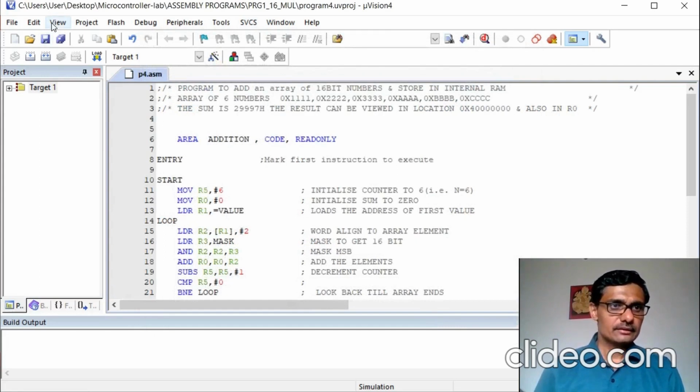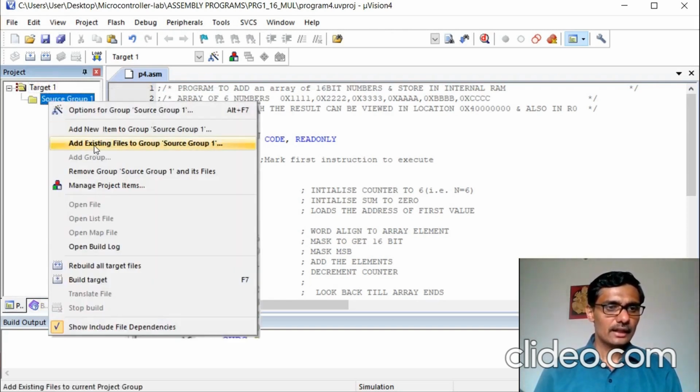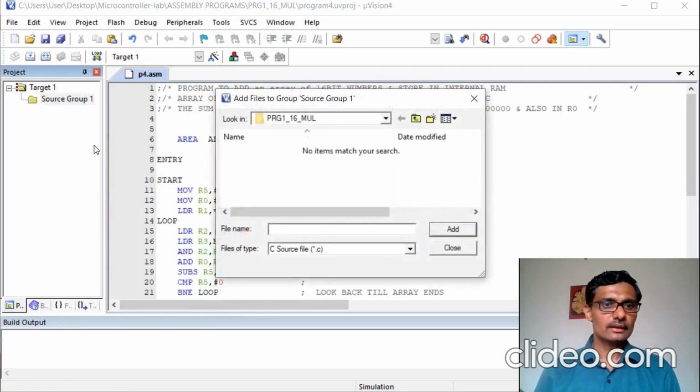Next is to add the existing file. Right click on this, Add existing files to group Source Group 1. Click on this option.